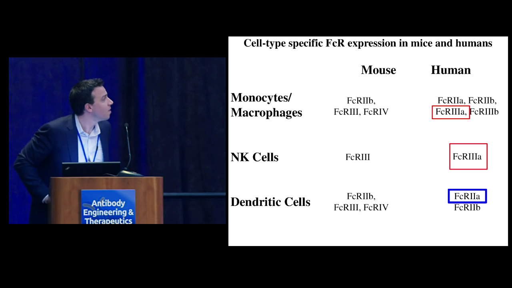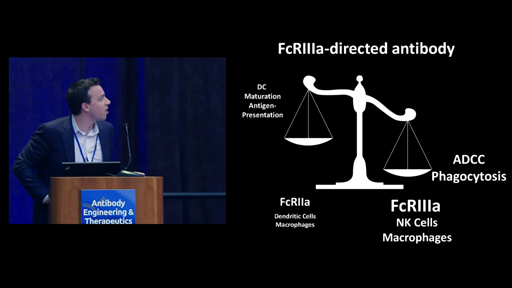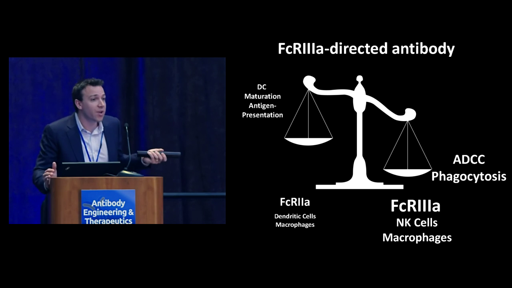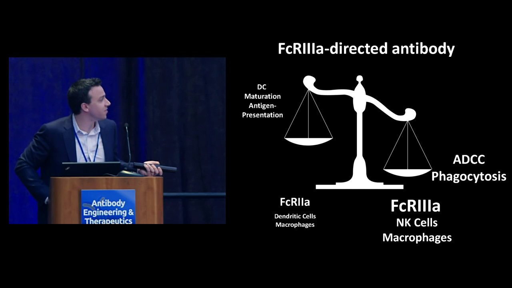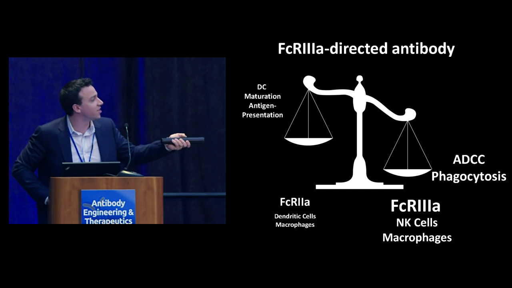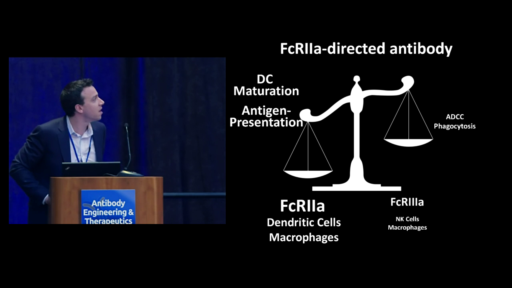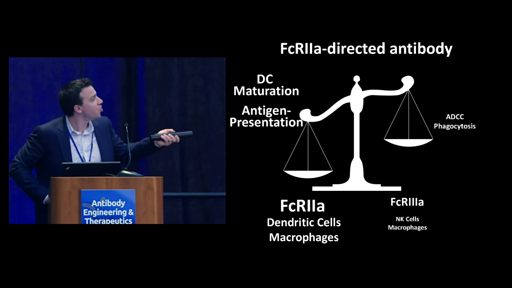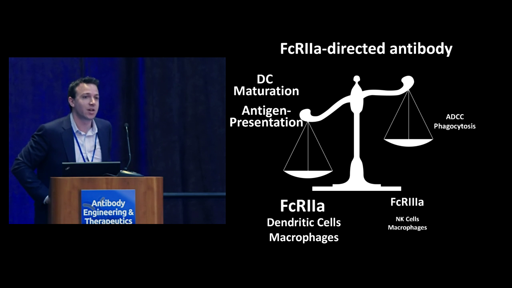other cells. And so to understand what's going on in vivo, you would hypothesize that you could generate, through mutations of the Fc domain, an FcγR-3a directed antibody, which, because of the expression of FcγR-3a on NK cells and macrophages, would drive more ADCC and phagocytosis, enhancing this process. By contrast, if you generated an FcγR-2a directed antibody, because this molecule is the only activating FcγR expressed on dendritic cells, you would imagine you might be generating more dendritic cell maturation, driving antigen presentation, and creating a more potent